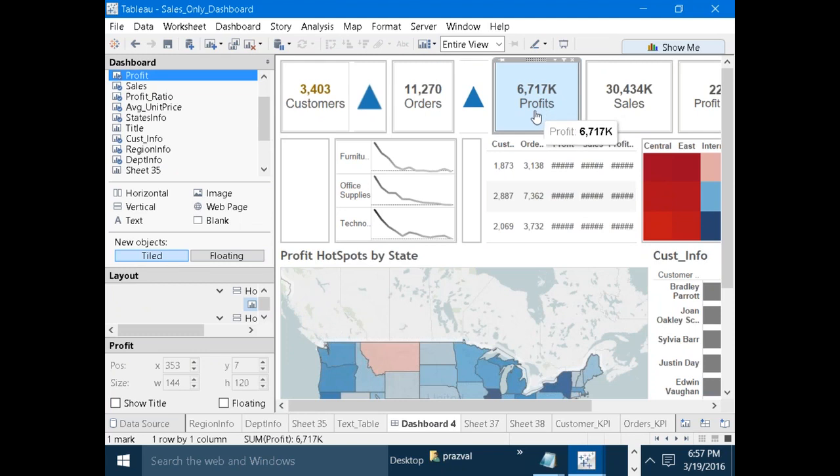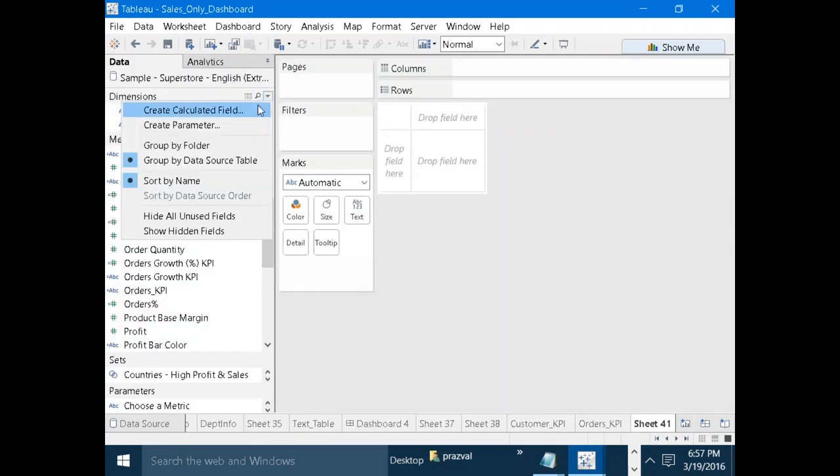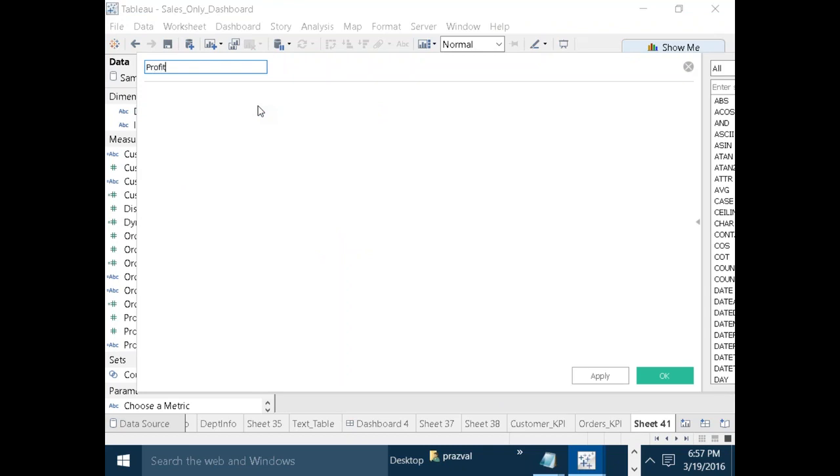Right. Next, similarly for the profits also, just find out the profit KPI. So how to get the profit KPI? Just create a calculated field to get the profit percentage. How to get profit percentage? ZN of sum of profits minus lookup of ZN of sum of profits comma minus 1, the whole divided by